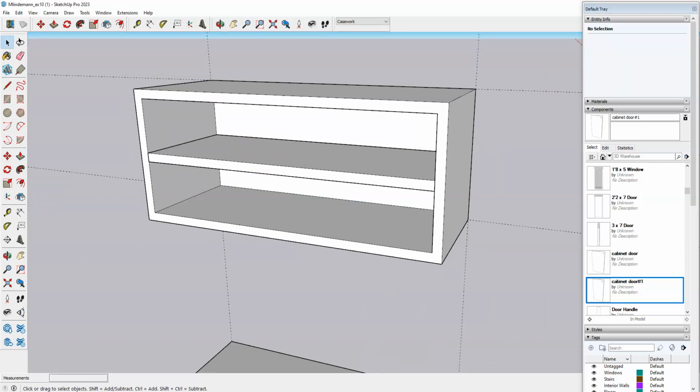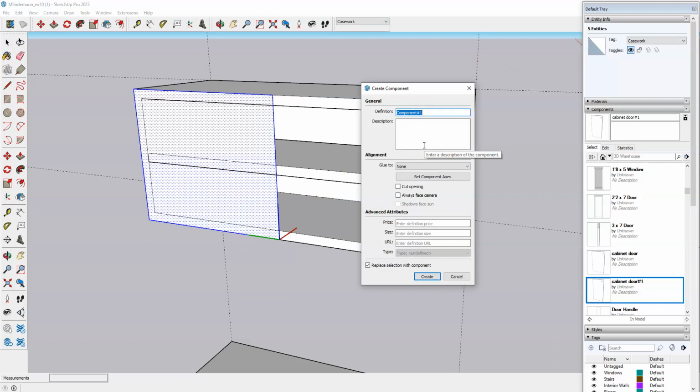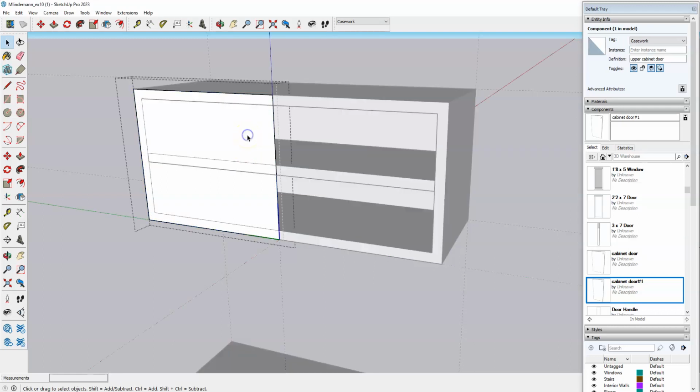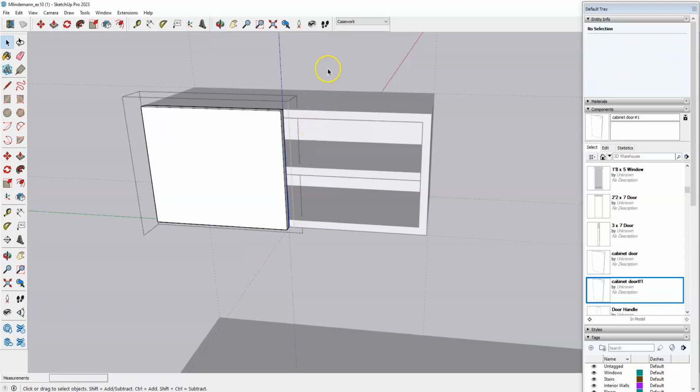And then outside of the group, that's where I might start to create my cabinet door. So I've got my rectangle, starting at the top corner, bringing it to the midpoint. Double click the surface to select it all, right click, make a component, call it upper cabinet door. Double click into it to start to edit. Pull it out 1 inch. And then from here, like we learned just a minute ago,